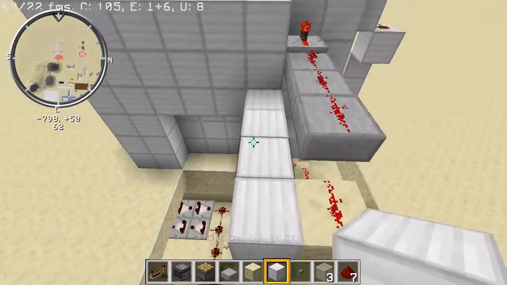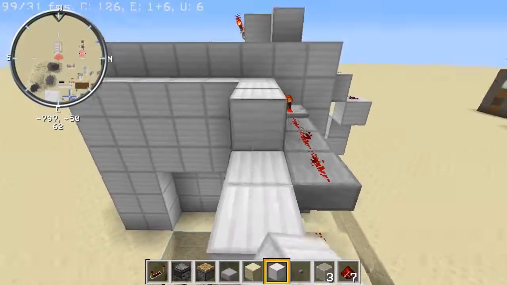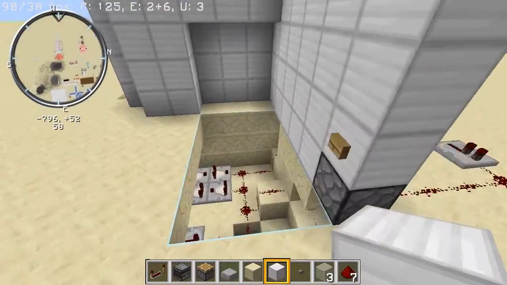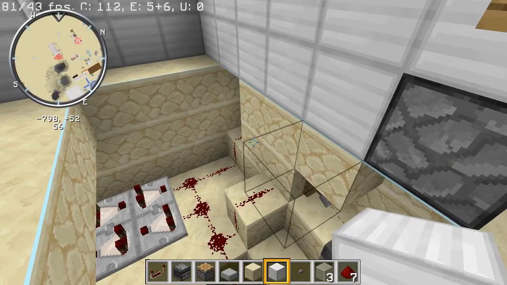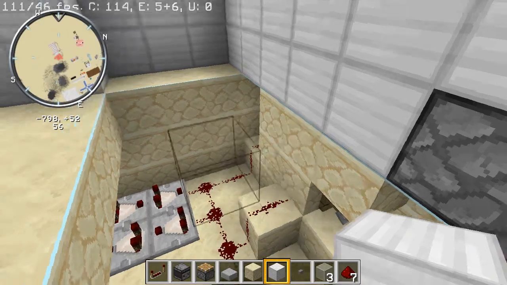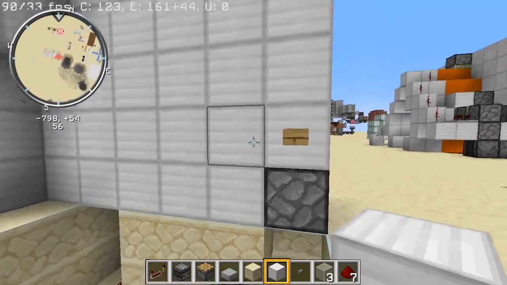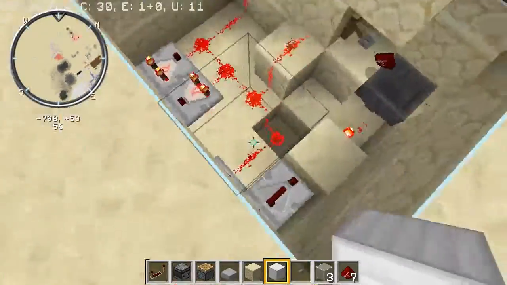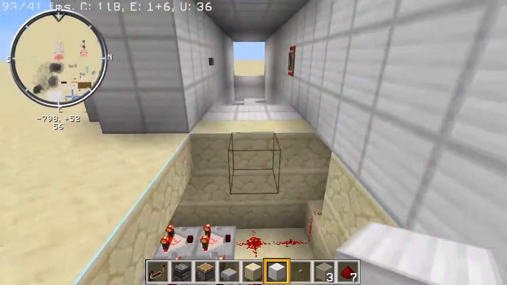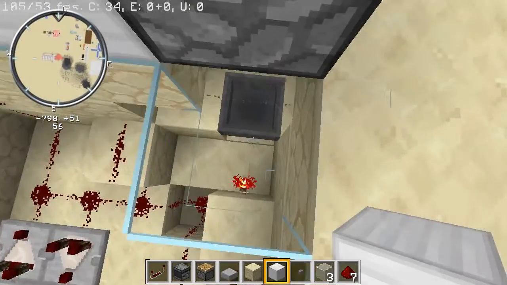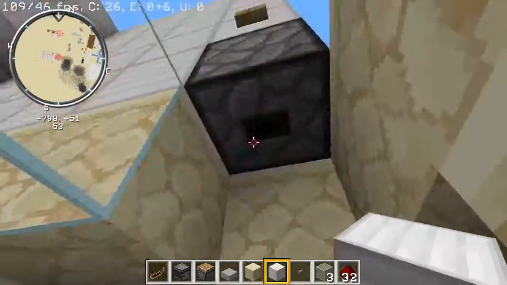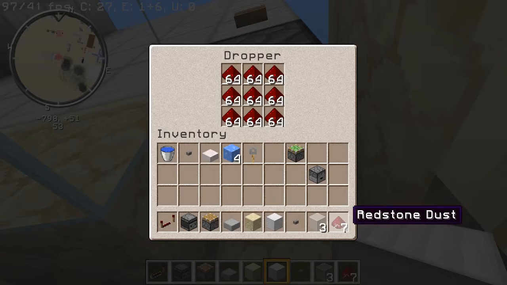So if we just go like this and finish this wall up, we can see the finished product. I don't think this is exactly what Turkenwith, I believe your name is, had in mind. But this is what I came up with. So you have a door here, you press a button, it dispenses that, a really complicated, not really complicated, but overly complicated circuit to open the door that eventually makes it so you don't lose your item. You can just throw it back in,